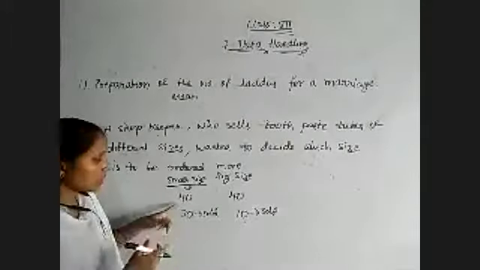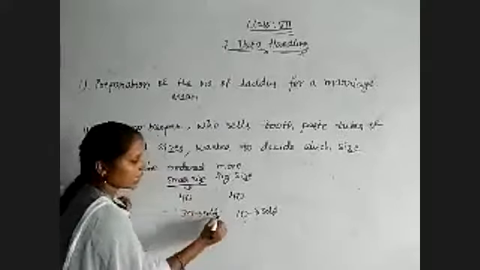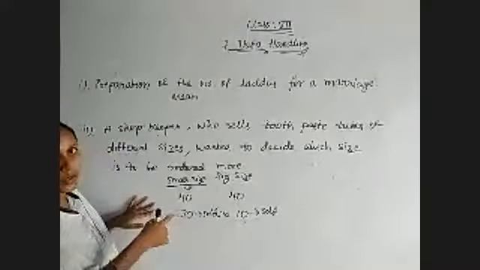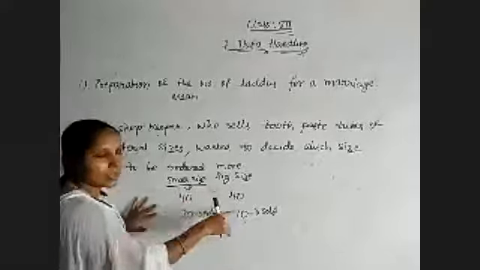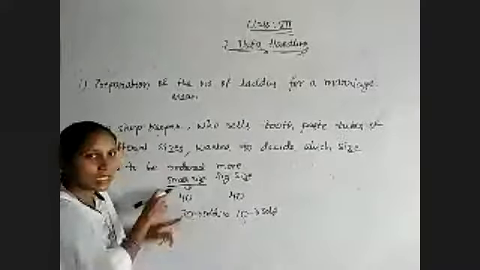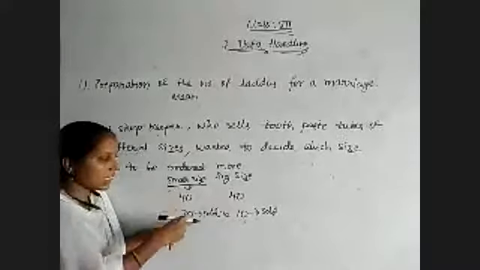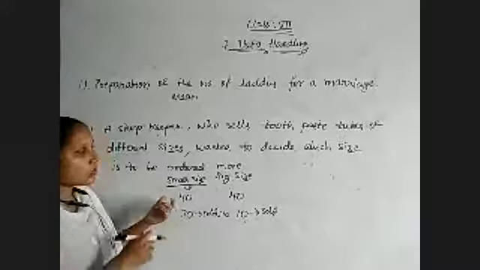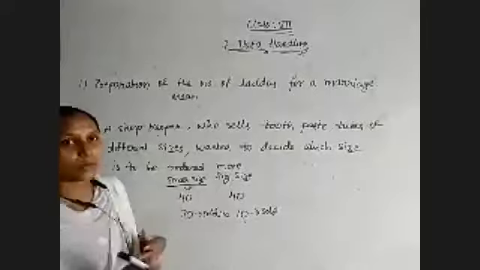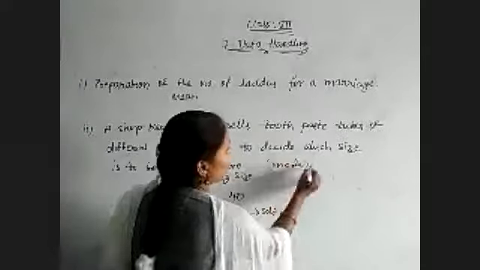Yes or no? Out of 40, 30 were sold and only 10 were left. So next time he must buy more smaller size tubes and fewer big size tubes. Here the most frequently used data is the smaller size tubes. That's why the mode of the data is the smaller size. Next time you need to bring the smaller size tube. So to decide which one he needs to bring next time, we use mode, the condition of the most frequently occurred data.